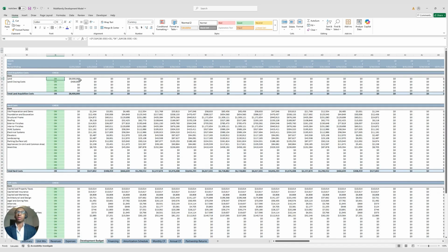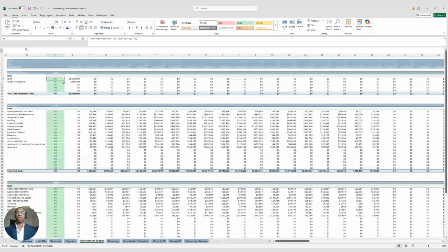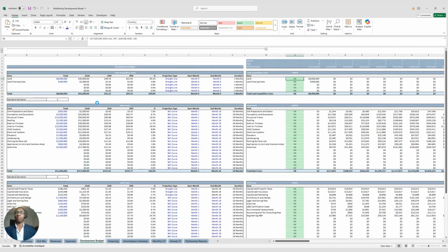So here we have the development budget, and this is just going to be all of the development cash flows for the land acquisition, the hard costs and the soft costs. But if we expand this section here, this is where the model is particularly helpful, because there is a toggle that will allow you to, I closed it by accident, 1 second. The model will allow you to choose the projection type